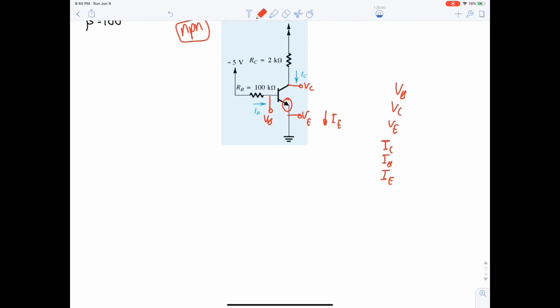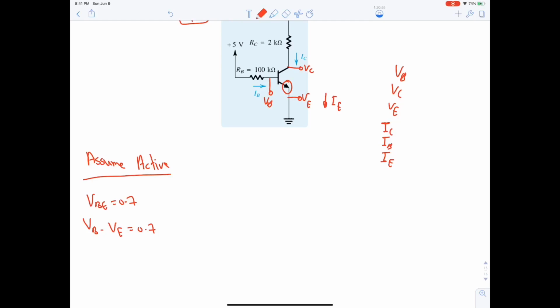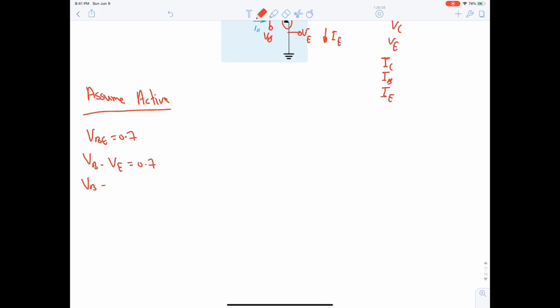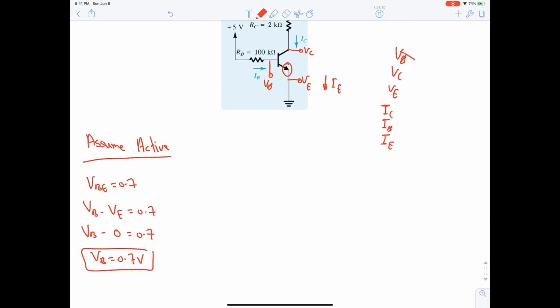Okay, then we will assume active. Then we will say VBE is 0.7. VB is unknown, VE is 0, so VB is 0.7 volt. After finding VB, we can find IB through Ohm's law. IB is equal to 5 minus VB over 100K, so it will be 5 minus 0.7 over 100K, giving us